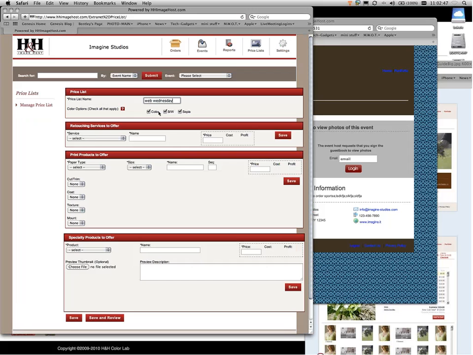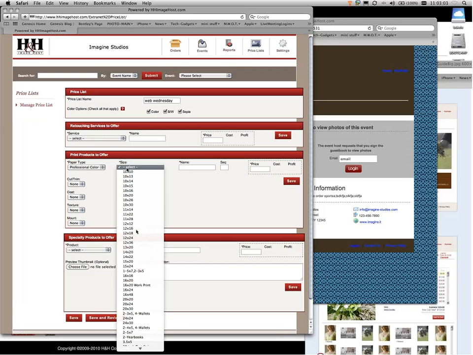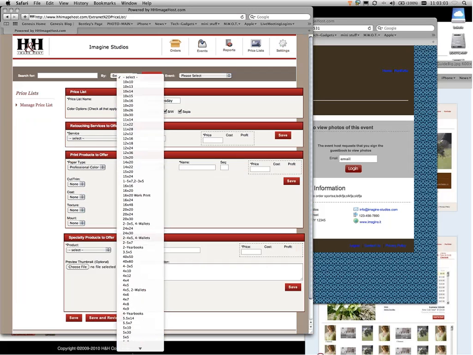I can specify the types of products to order. Do I want them in color, black and white, and sepia? There I have limited retouching services that I can offer, and then I have print products. For example, our professional color is our traditional Fuji paper. I can specify the size that I want, so I'm going to come down here and specify an 8 by